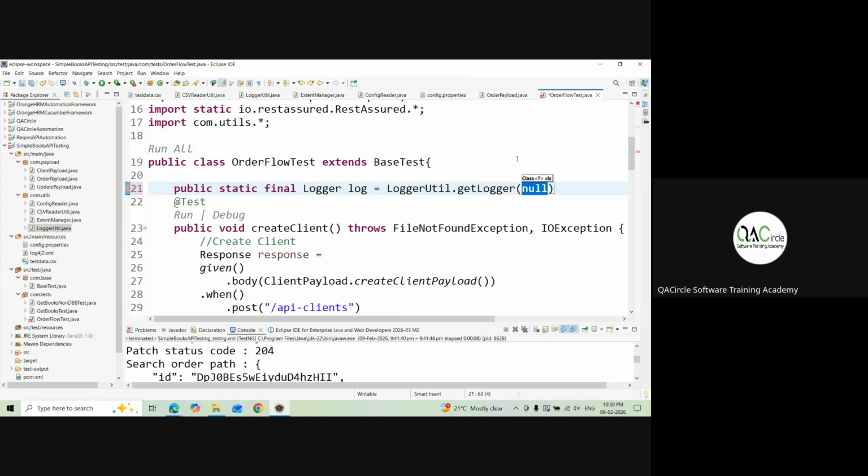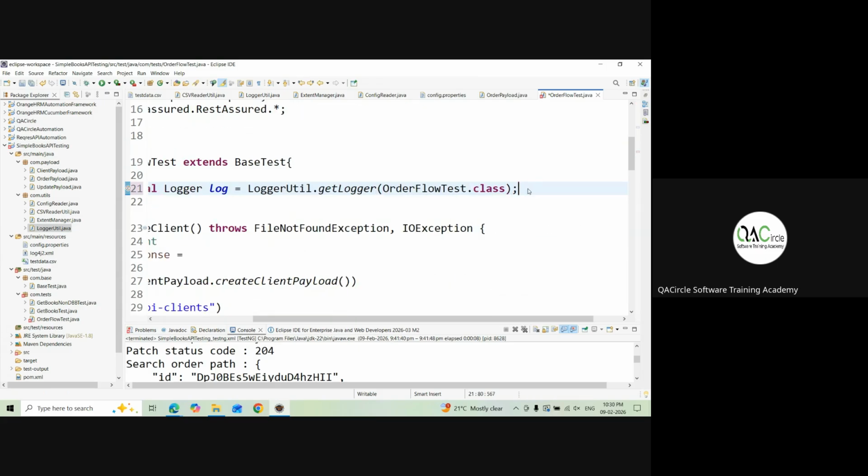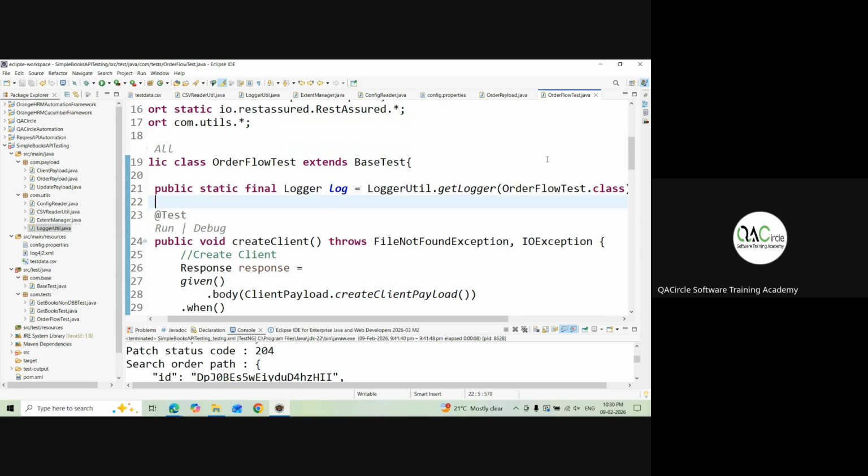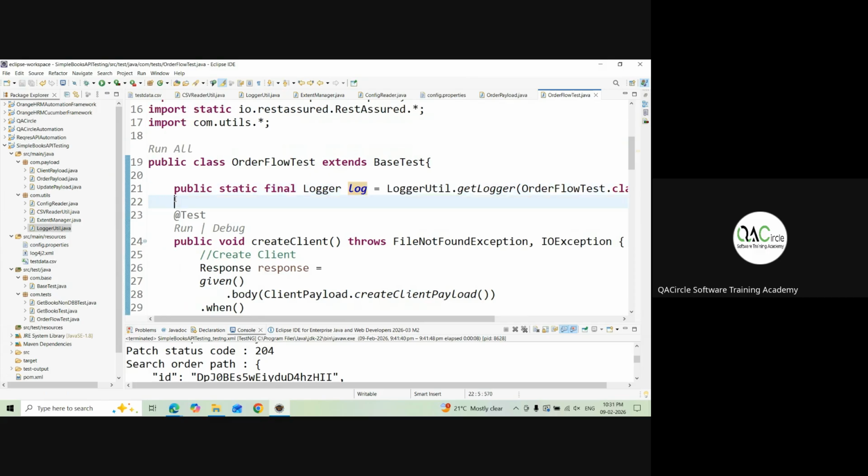Get logger of OrderFlowTest.class. Okay, so logger becomes a variable. Now also we have to declare private ExtentReports, our reporting guys. As simple as that. Extent,